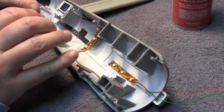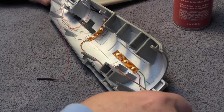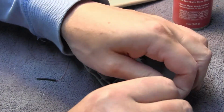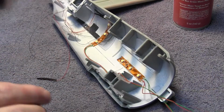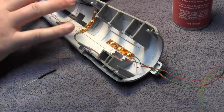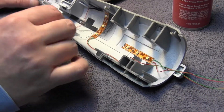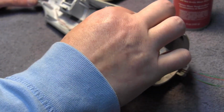Okay guys, well that's pretty much it for wiring. I'm going to twist all these out here on the front together, the power wires. Okay, so that's pretty much it for the interior lighting. Now we just have to go through and extend our wiring here for the